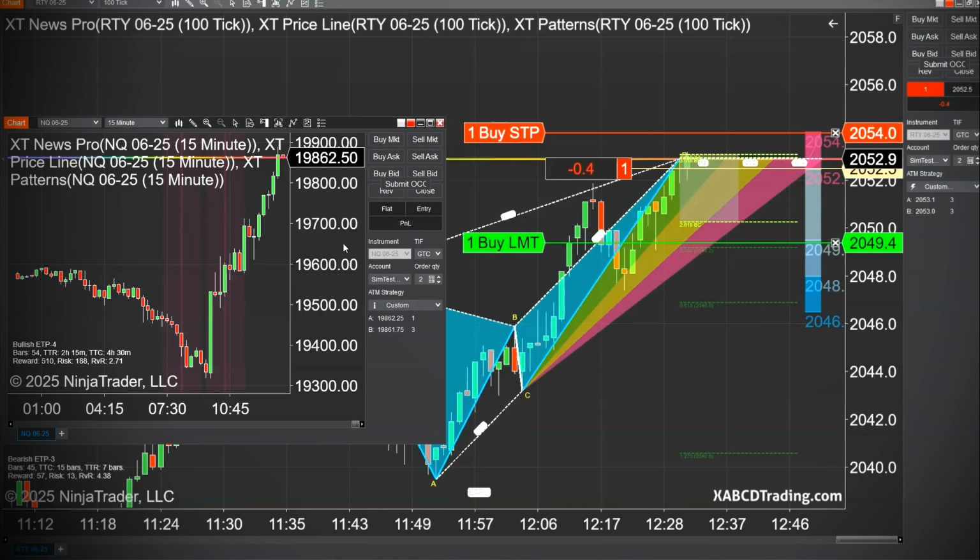So now we're going to let this work itself out, and I will come back when, or if I guess, our ATM strategies have moved to break even. That should be done at the 10 tick point. Actually, one thing I will mention to you is your 10 ticks, because we had a 20 tick target, is going to be looking at basically almost like a 1-to-1, so about halfway down. And then our stop based on the pattern.